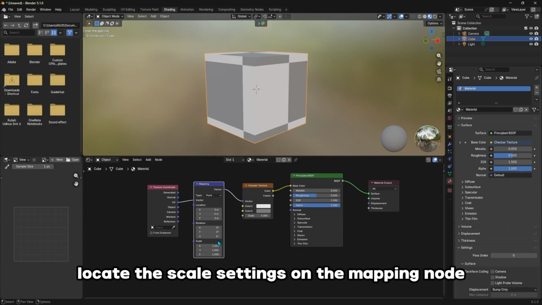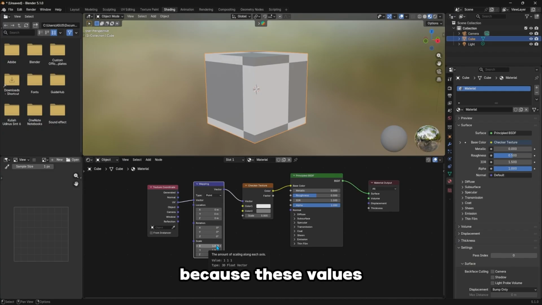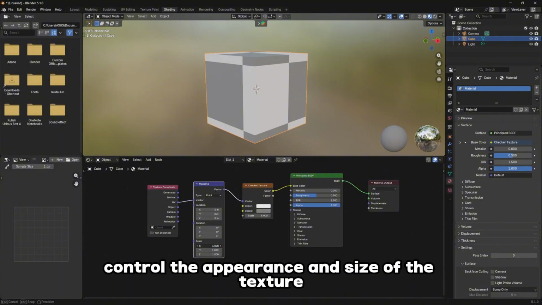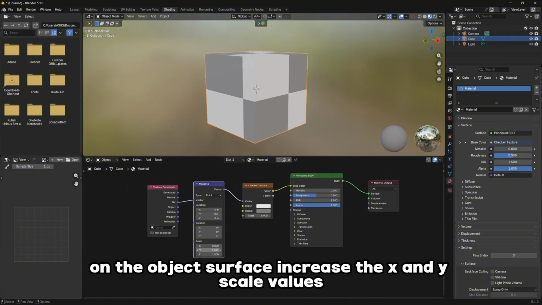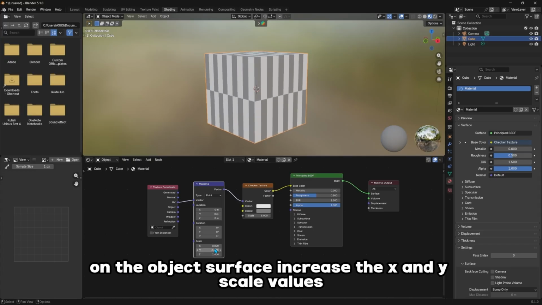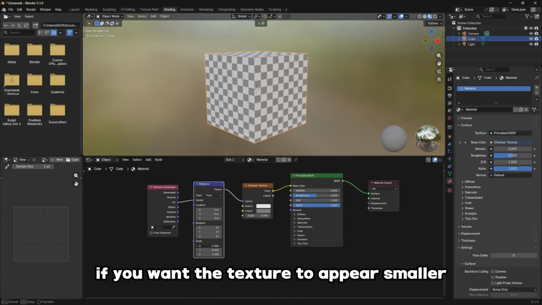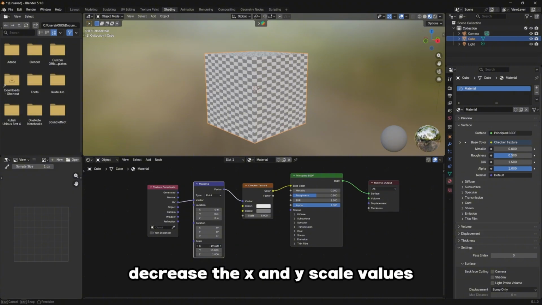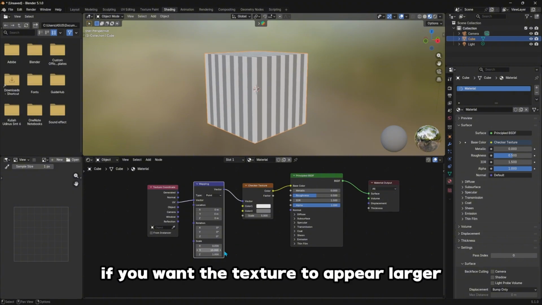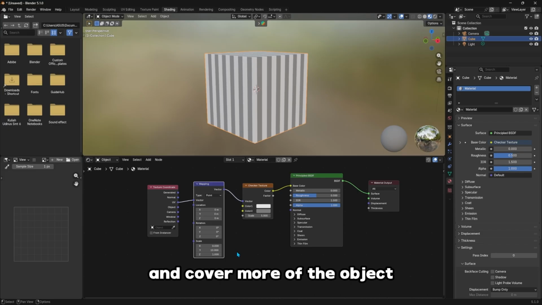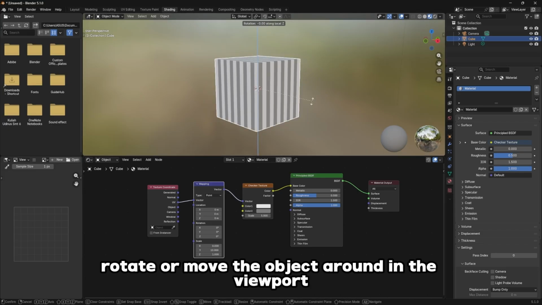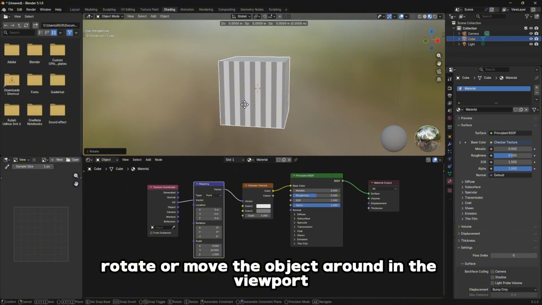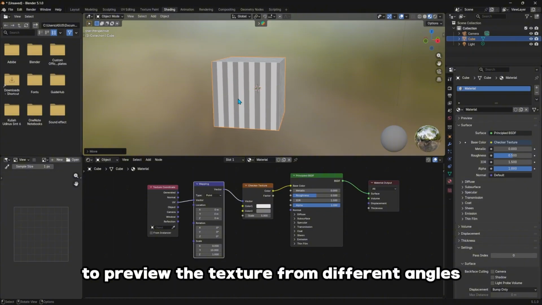Locate the scale settings on the Mapping node because these values control the appearance and size of the texture on the object surface. Increase the X and Y scale values if you want the texture to appear smaller and repeat more times across the model. Decrease the X and Y scale values if you want the texture to appear larger and cover more of the object. Rotate or move the object around in the viewport to preview the texture from different angles and check the